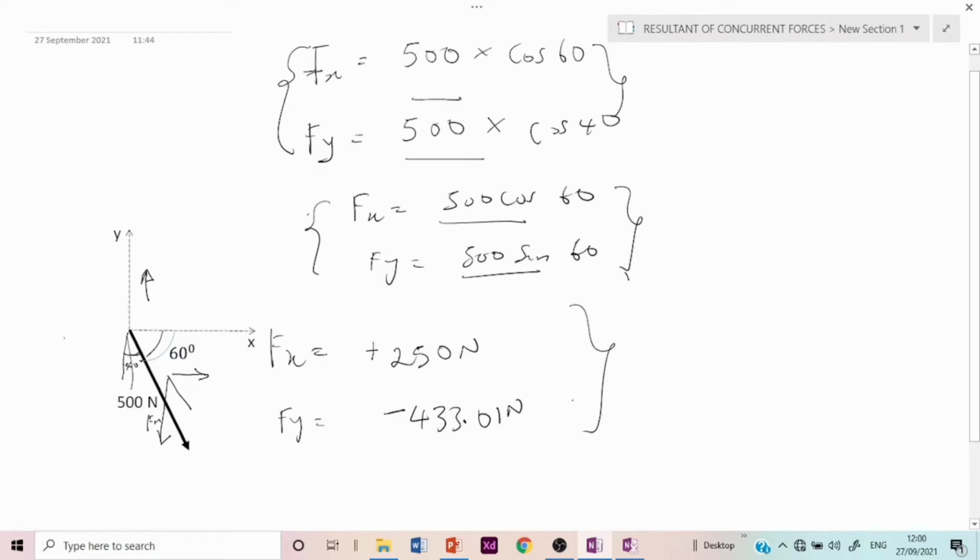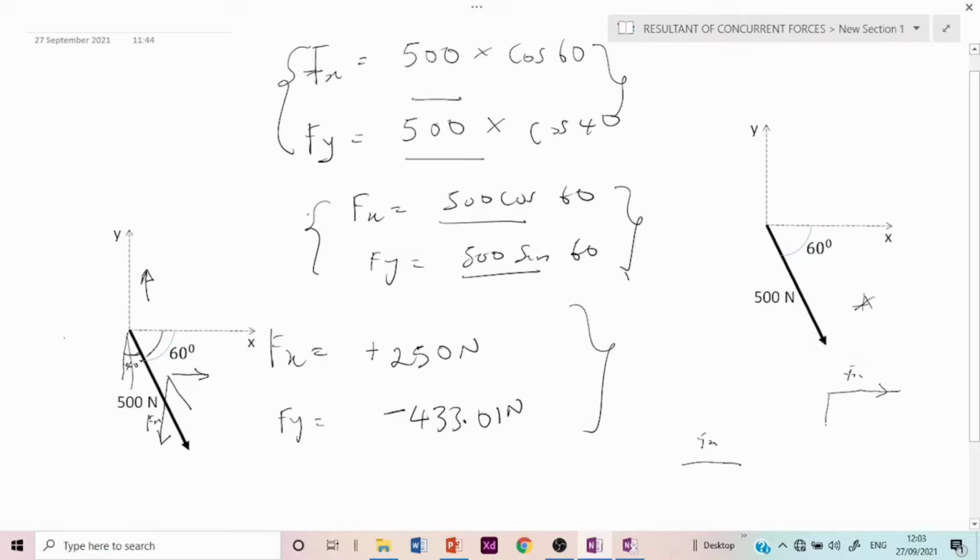Let me quickly show how this cos and sine are taken for each of the components. Now let me quickly demonstrate how these formulations are derived. If you have our free body diagram as shown, you can quickly reproduce this diagram in form of a triangle, with Fs pointing in this direction, and we take this as our Fy component, Fy pointing downwards, and we have our